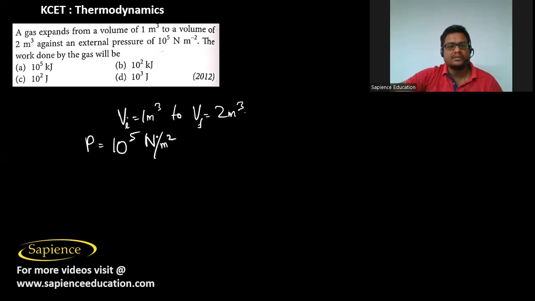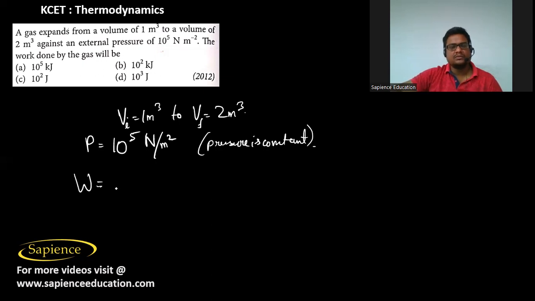The work done by the gas will be. So the external pressure is 10 power 5 Newton per meter square. So here the pressure is remaining constant. The pressure is constant. So therefore the work done by the gas, that will be equal to